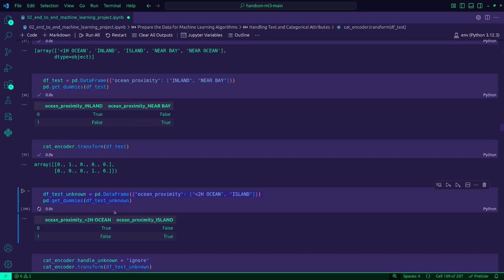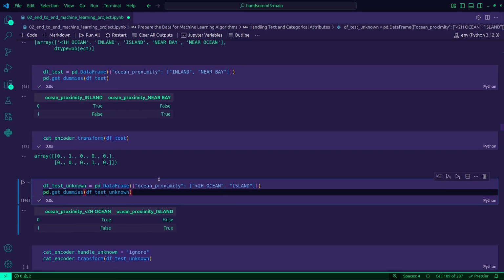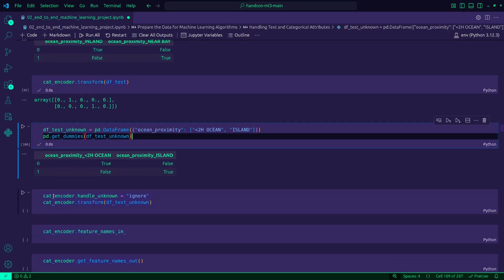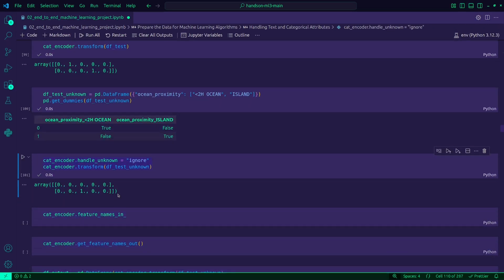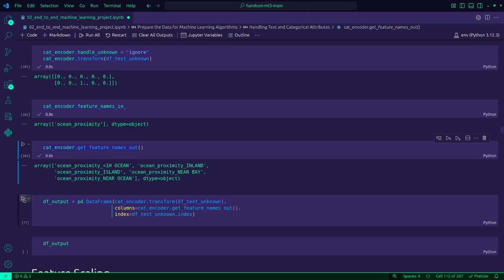Same thing here. We are trying to simulate a new data set that contains categories that are not seen during training. And pandas will make its own dummy columns for these, but those won't match the training columns. All right, I don't think this is important.